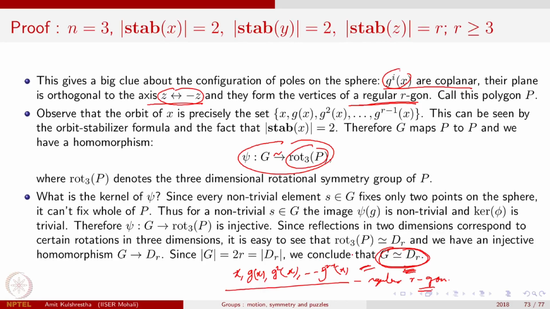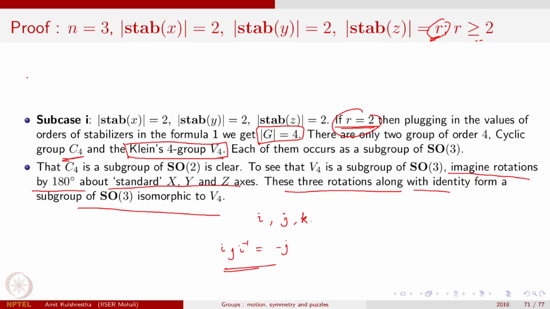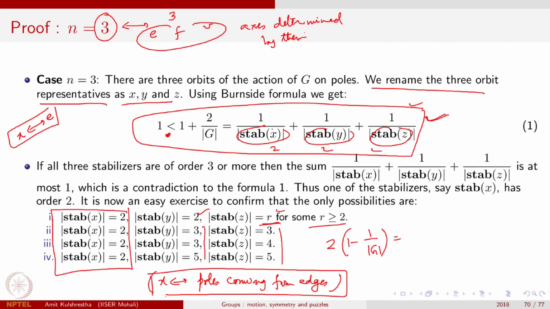In other cases as well, we have a similar kind of analysis. Let us take this analysis where I had subcase 2, in which case the stabilizer was 2 and this stabilizer was 3 sized, this was size 3. So again I can use one of the earlier formulas. Which one? This formula. So I had 2, 2, 3. So let us see.